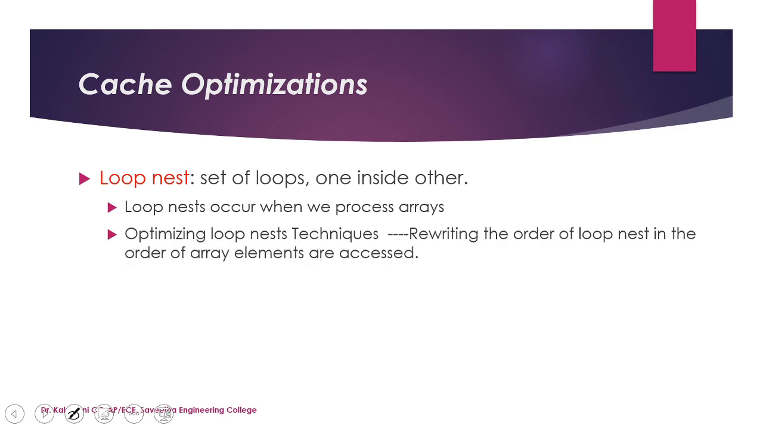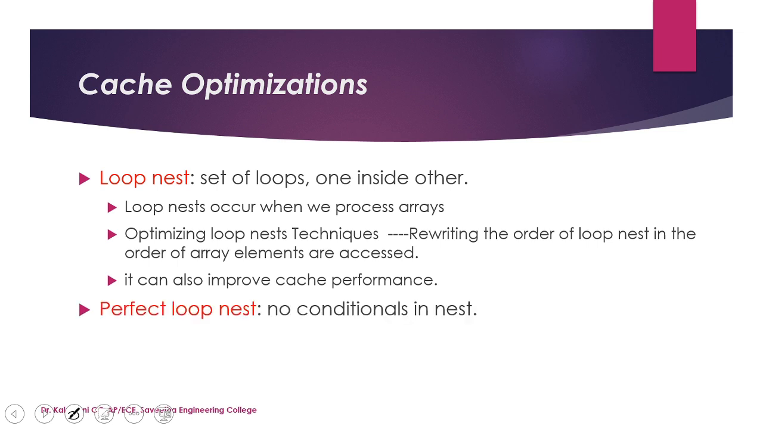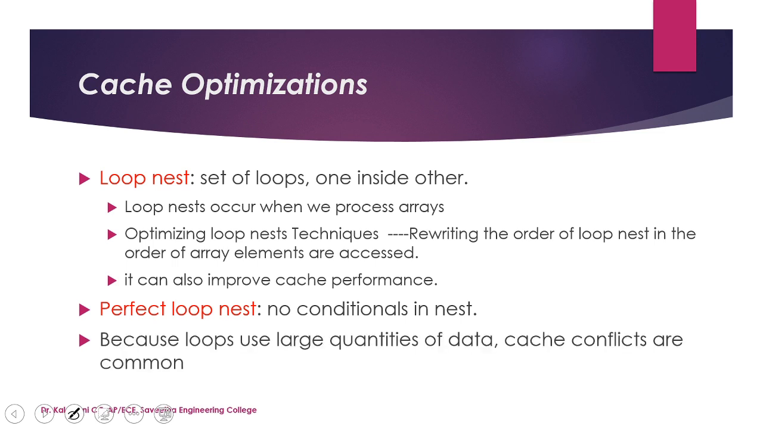But some variables may not be accessed in an array or in the cache, while some variables will be frequently accessed. So when you write the loop nest, we can rewrite the program in a cache-friendly, recently accessed way so that we can reduce the execution time. It will also improve the cache performance. The best loop nest has no condition in the nested loop, and with a large amount of data and cache